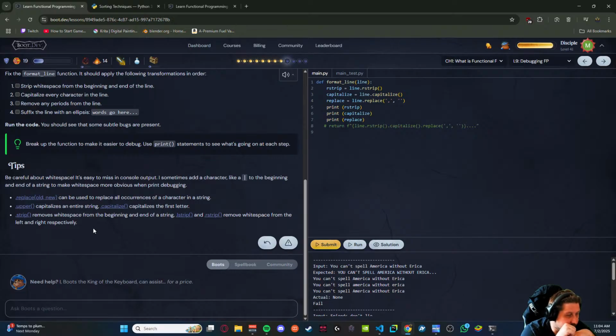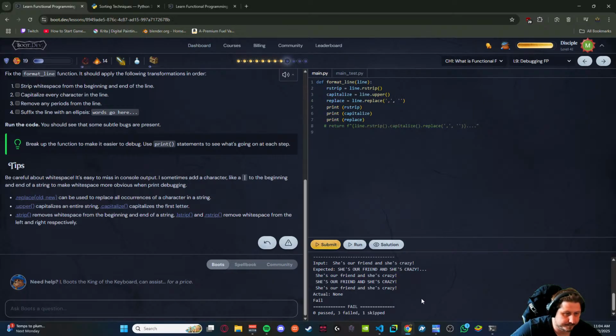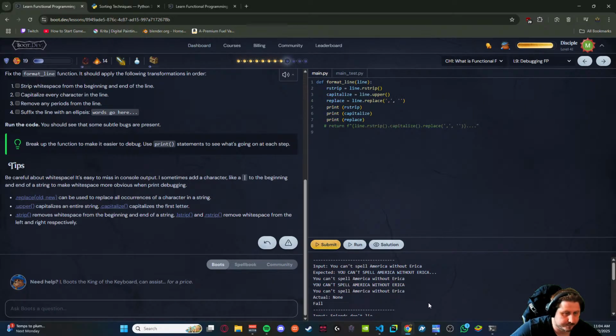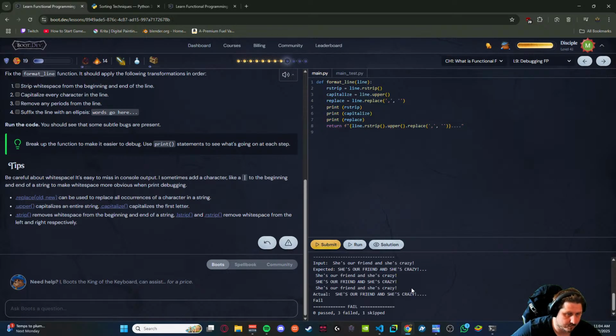Capitalize the entire string. So I do line dot upper. Fail.